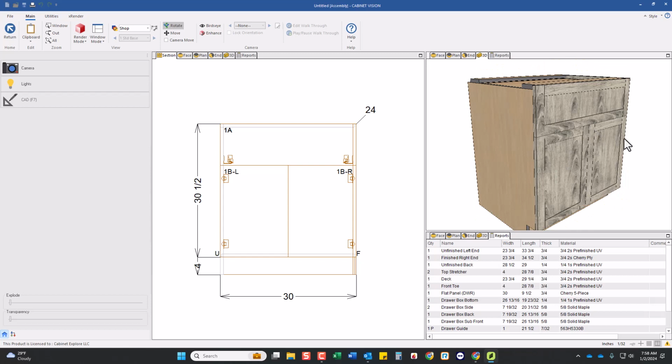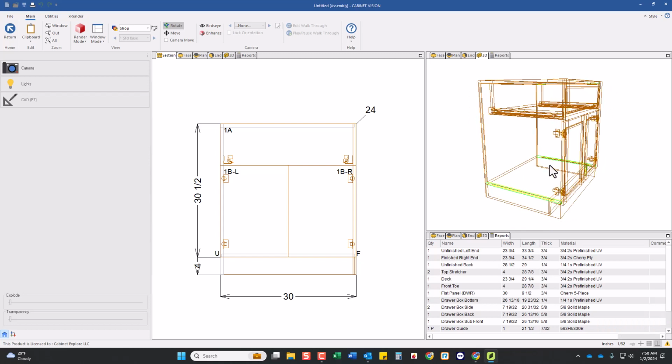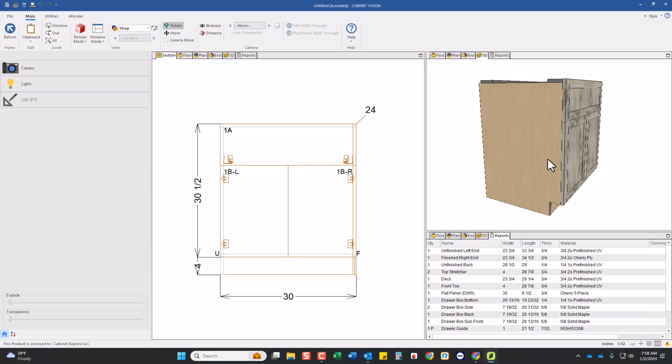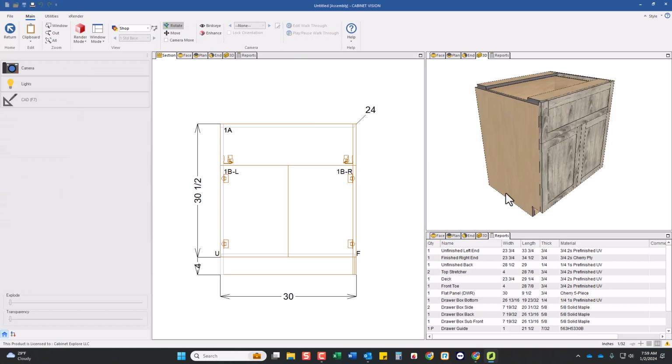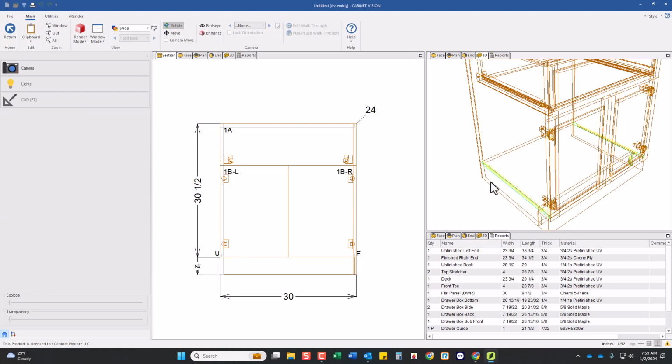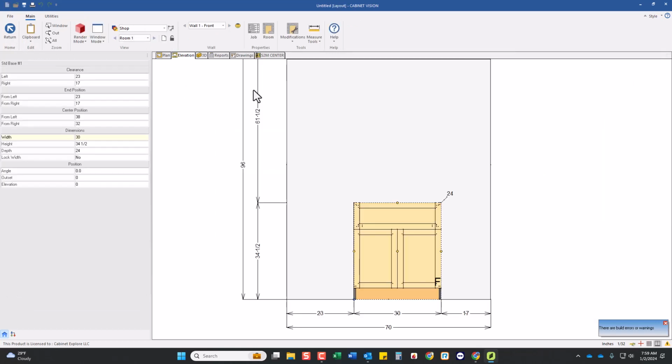Okay, so that's looking close. You can see it needs to go up to the top of the face, just like we did the finished end. But before we do that, I want to do a pre-drill and a blind dado. And if we look, there is a blind dado happening right here, but I have no way of selecting multiple connections. So what I mean by that is if I go back to that question we were just looking at,